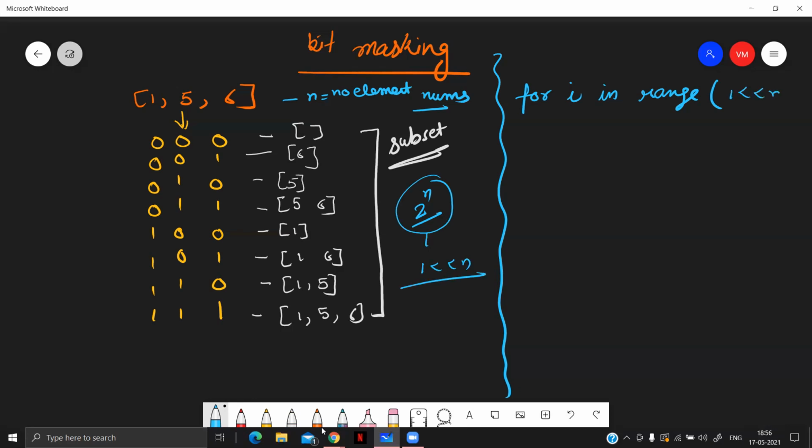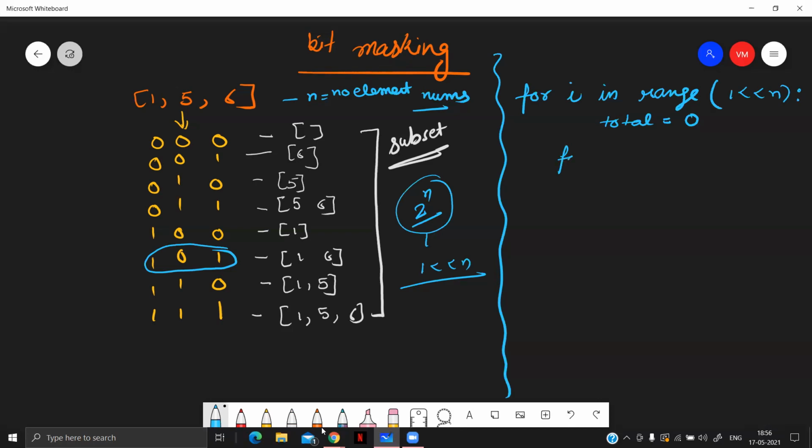So we will write for i in range 2 raised to power n. We run over all the masks that are present. Maintain a variable total, which will initially be 0, which will maintain the XOR of the particular mask that we are going to traverse. For example, let me traverse the mask 101 for a dry run.